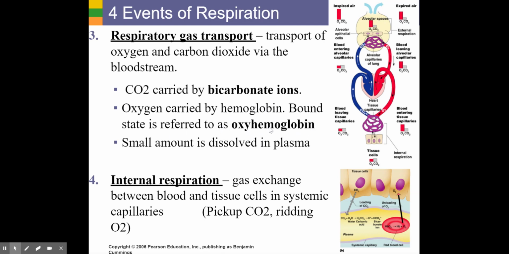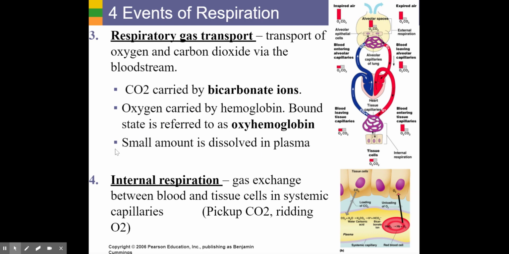These are two levels that can be taken in lab to figure out what kind of a problem a patient might be having. So if we see high levels of bicarbonate, we know that they have high levels of CO2 and maybe they aren't able to exchange it as well. If we see low levels of oxyhemoglobin, then we wonder if they have enough red blood cells to be able to process this. Okay. Some of it can be dissolved in the plasma itself, but again, most of it is carried by the